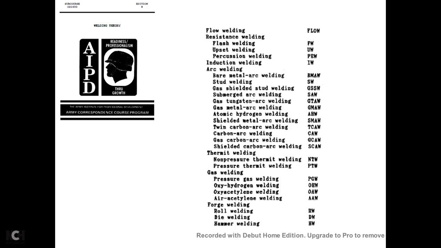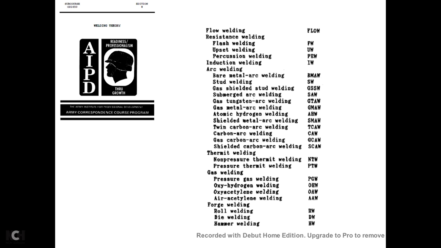PEW. Induction welding, IW. Arc welding: bare metal arc welding, BMAW. Stud welding, SW. Gas shielded stud welding, GSSW. Submerged arc welding, SAW; gas tungsten arc welding, GTAW; gas metal arc welding, GMAW; automatic hydrogen welding, AHW; shielded metal arc welding, SMAW; twin carbon arc welding, TCAW; carbon arc welding, CAW; gas carbon arc welding, GCAW; shielded carbon arc